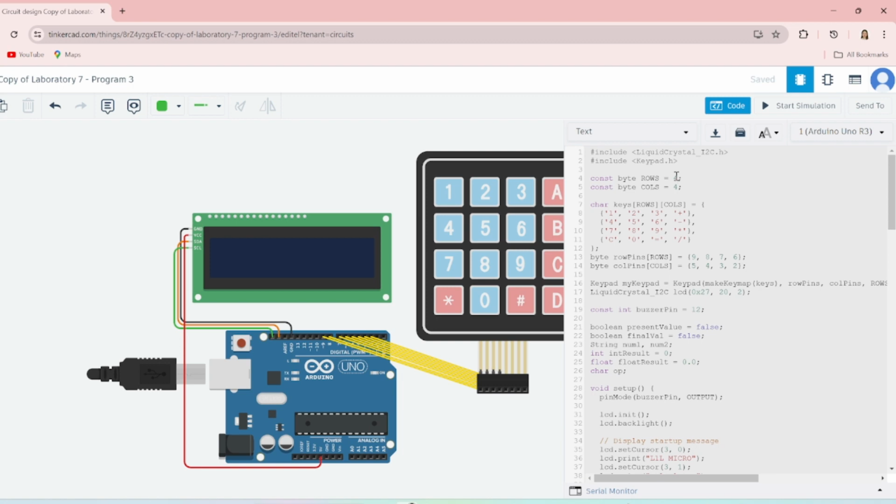The byte row pins rows, right here, basically, as well as the columns. So these arrays specify the Arduino pins connected to the keypad rows and keypad columns. So Keypad myKeypad creates an object named myKeypad using the key map and pin configuration. So again, like the previous code, we have LiquidCrystal_I2C lcd. So it basically creates an LCD object named lcd with I2C address 0x27 and dimension of 20 columns by 20